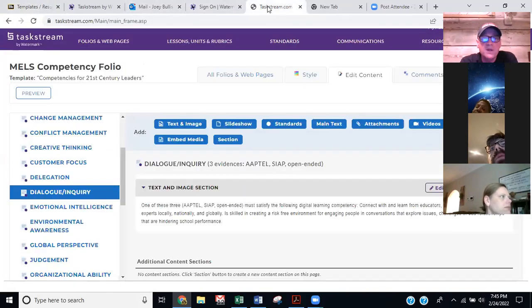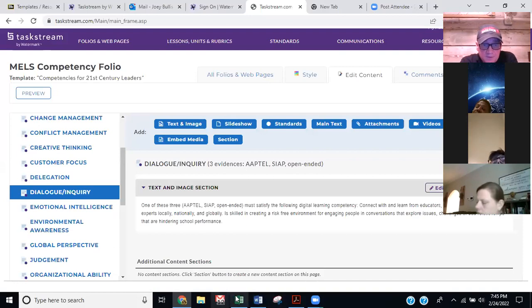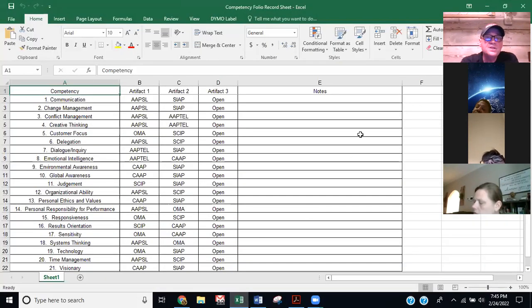Well, I didn't mean to do that. And that is this document right here. That's not it. This is all the competencies listed, and in the Competency Folio record sheet, it tells you what competencies are correlated to what